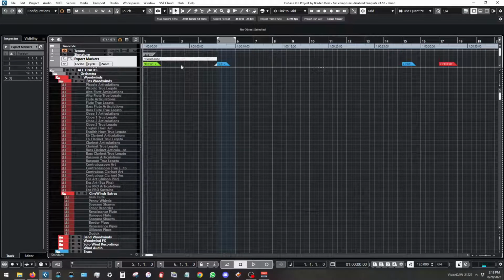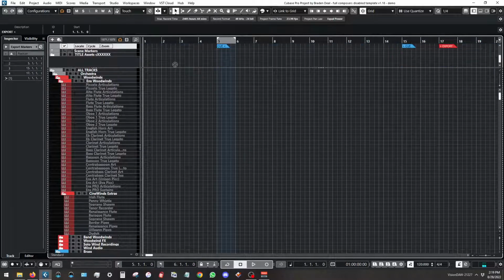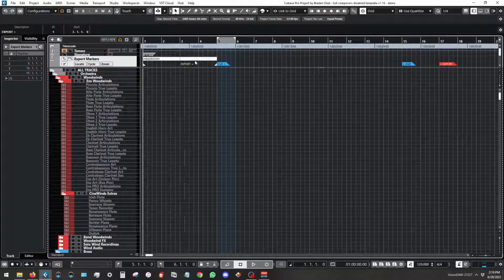Anyway, the green start is what I use to reference where the export begins, and it's not always at bar 1 necessarily. Occasionally, if you're working on a session and stuff gets moved around, and you end up moving this, then you want to look for this. You don't just want to always assume it's going to be at bar 1 because it might not be, right? Because stuff happens. So that's where I will start my export when I'm exporting either audio or video or both